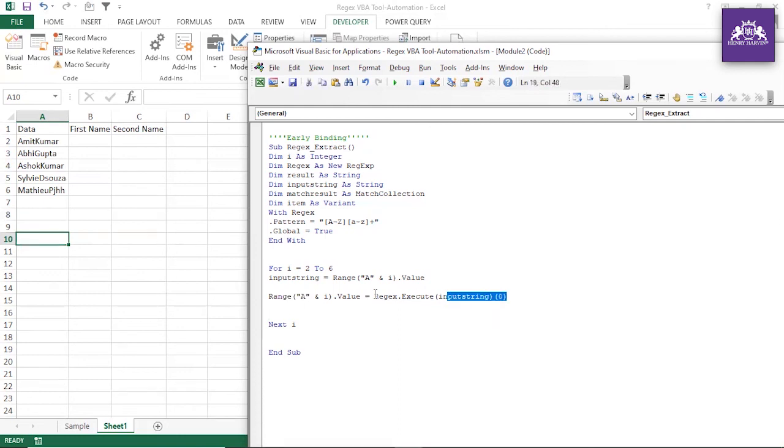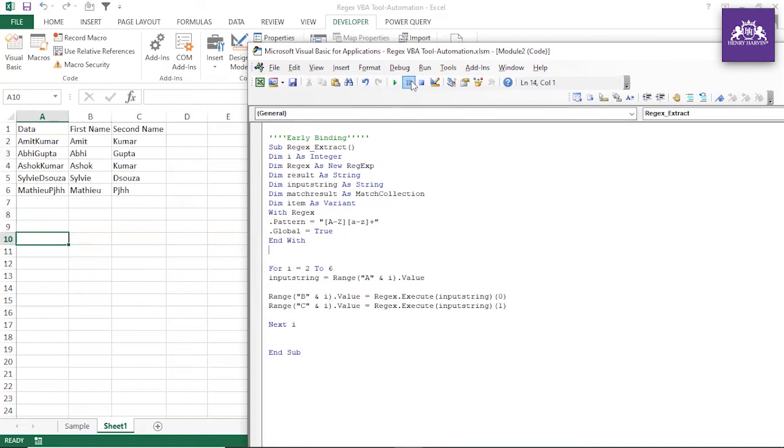All right, Control C V. This actually we want in B column and this we want in C column. So of course we have set global to true. So global is true. Now we want all the values.